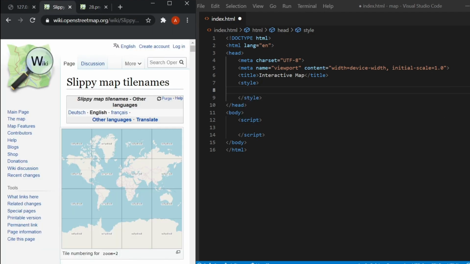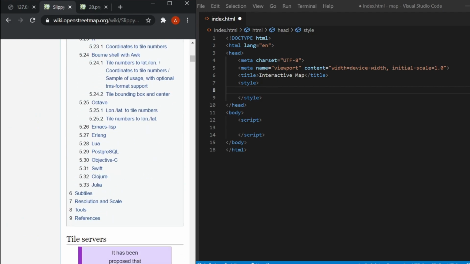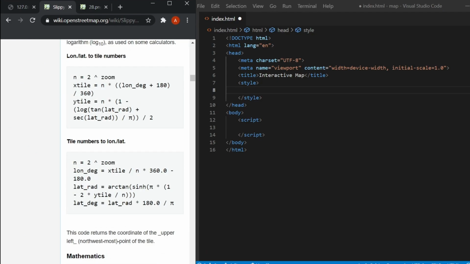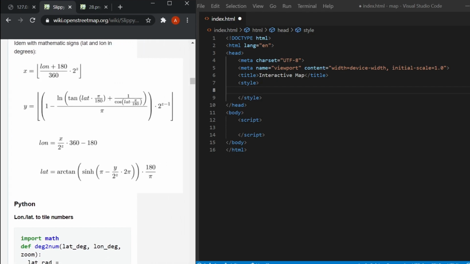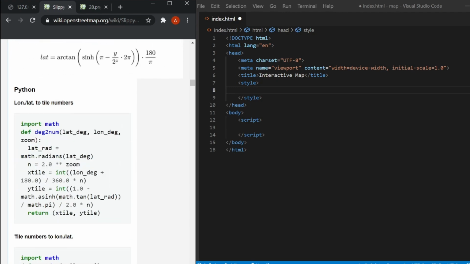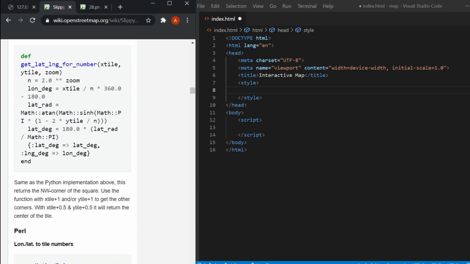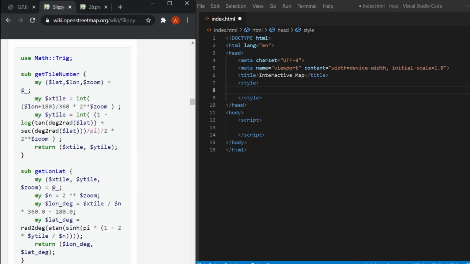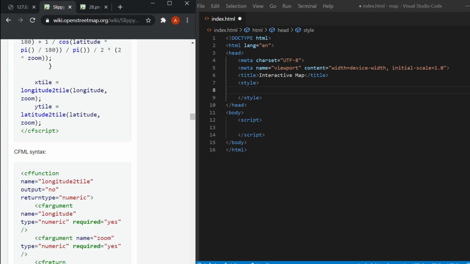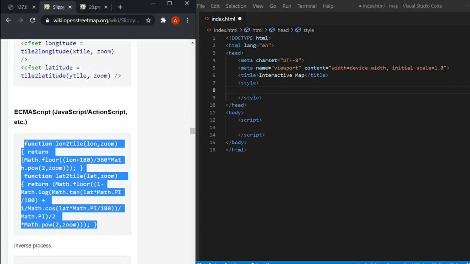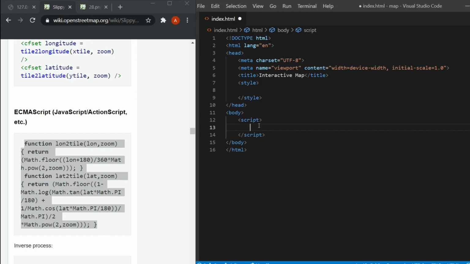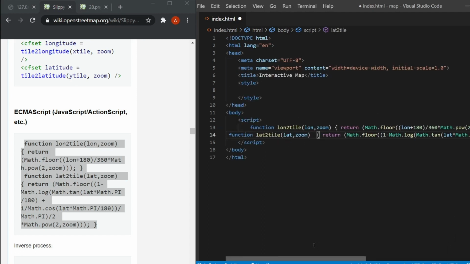The OpenStreetMap tiles are actually based on a formula as mentioned in this wiki page. I'll just scroll down to it a bit below. Yeah, as you can see here. So we can implement this formula if we require, but thankfully they've also given various implementations of that formula in different languages. So if we just scroll down a little, we'll find our implementation in JavaScript, which is this one. I'll just copy this and paste it in our script here. And okay, it's all in one line like this. I'll maybe prettify it a bit.